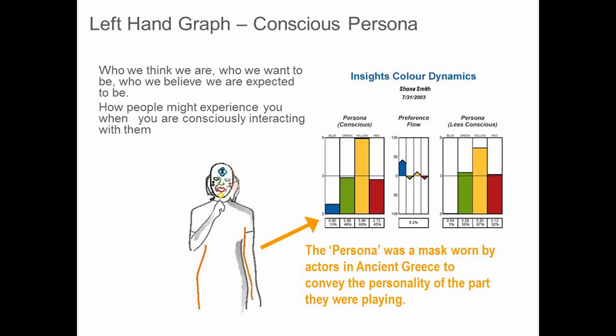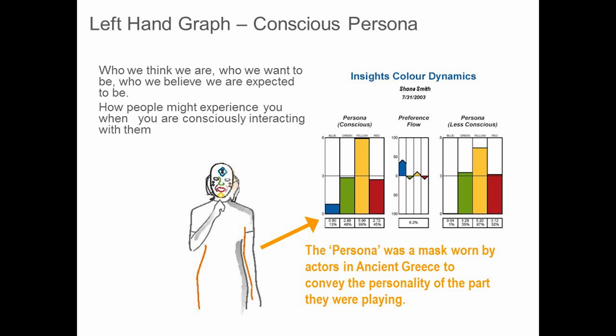So just take a moment and look at your left-hand graph, and also take a look at the blocks if you have our tools, and stack the foam blocks for your color energies initially, or take a look at what you suggested was the order of the colors that you believe you use. What the left-hand graph represents is your actual color energies, most like you on top, down to least like you